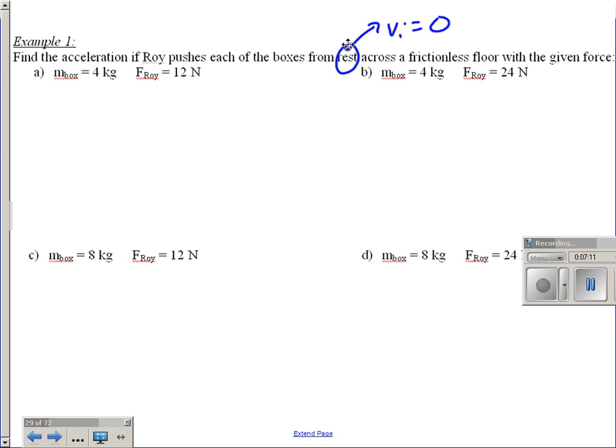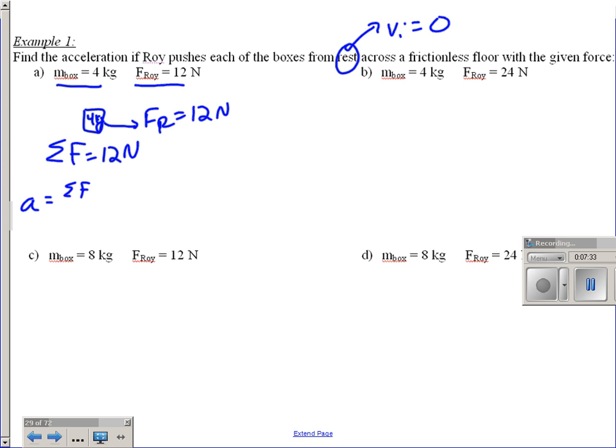For the first one, we know the mass of the box and the force of Roy. So you've got your box. The mass is 4 kilograms. I'm always going to start writing the mass of the object inside the box. That's new. You've got to add that to your drawings. Label your force of Roy. It's 12 newtons. Since that's the only force, our net force is going to be 12 newtons. To find the acceleration, it's net force over mass: 12 newtons over 4 kilograms. When you divide this, you end up getting 3,